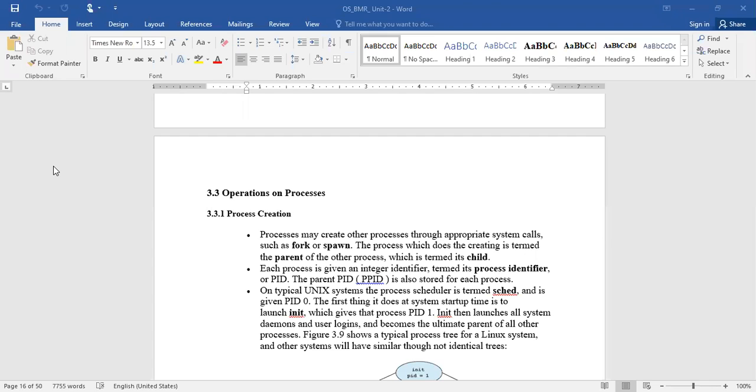Like that, whatever the number of processes created, for each and every one, the operating system will allocate a unique number with the help of a system call, okay, a unique number, and it creates separate data structures for each and every process. I think it is clear to everybody. Okay, and now in the Unix operating system, the process scheduler is termed as SCHED, and initially it was assigned the PID 0.